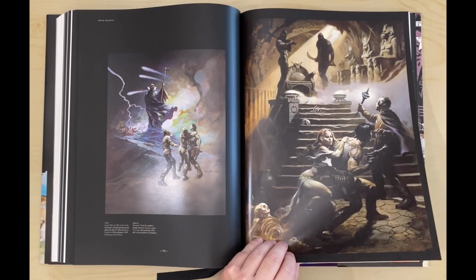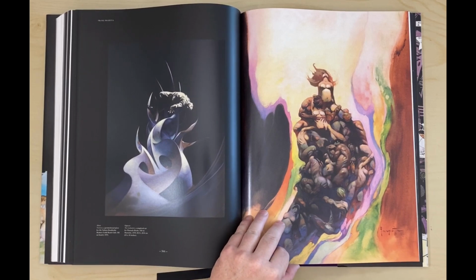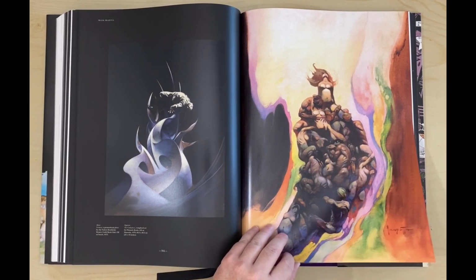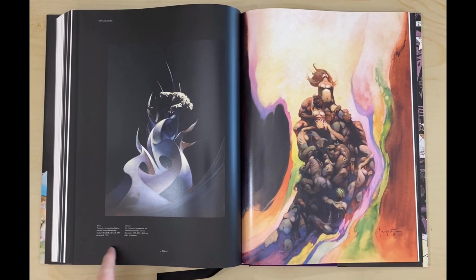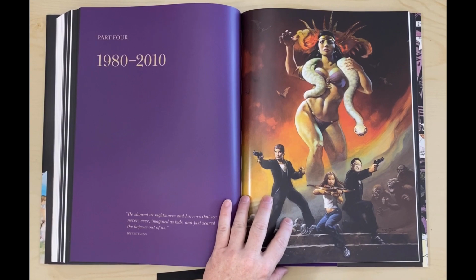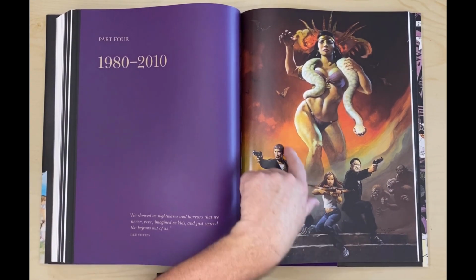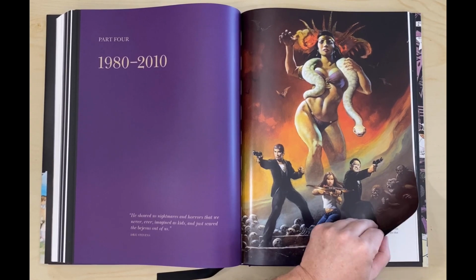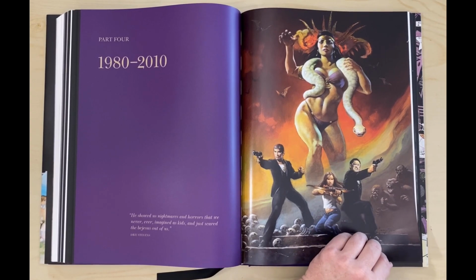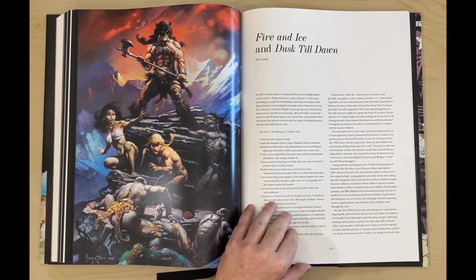Yeah, I'm not really that familiar with some of this artwork here. I'll read through it later. Again, more book club kind of stuff. There's a lot of that I didn't know. And I think early in the book they mentioned that he did not get this done in time for it to actually be used for a poster. But he did it. And Fire and Ice,